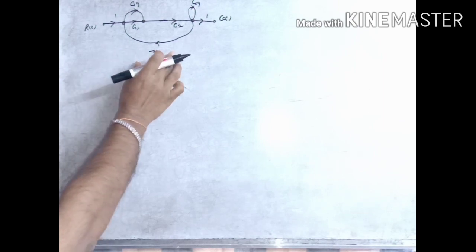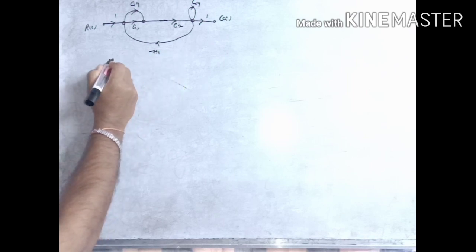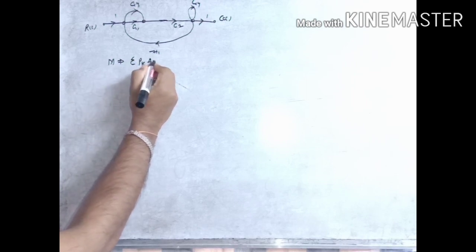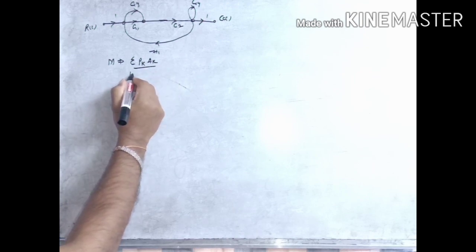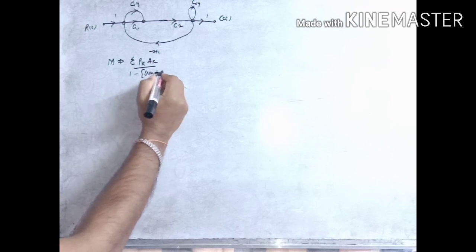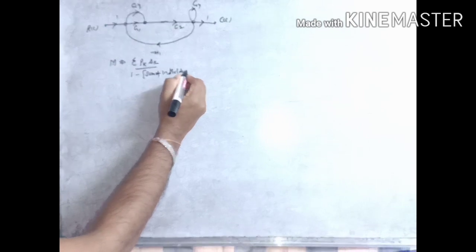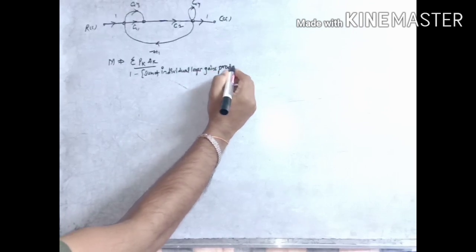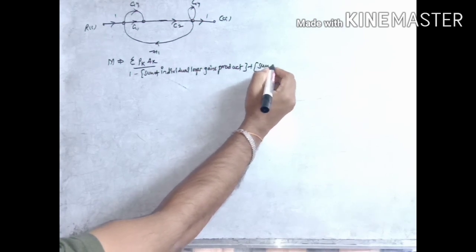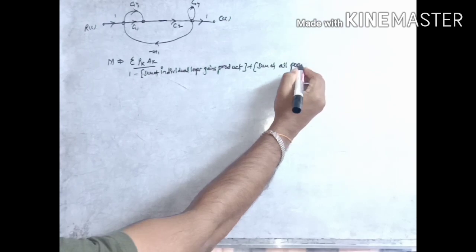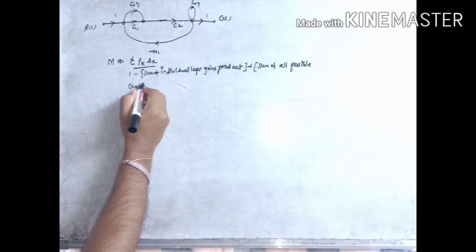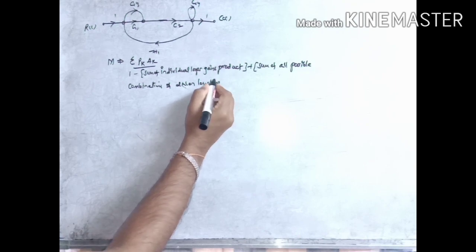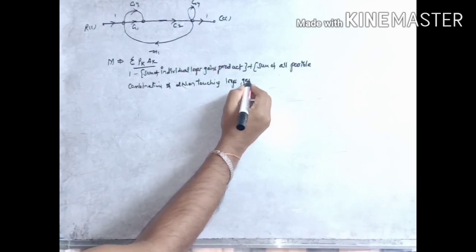For calculating the overall gain of a signal flow graph, we have to use the gain formula, M equals summation of Pk delta k by delta, where delta is 1 minus the sum of individual loop gains products, plus the sum of all possible combinations of two non-touching loops gains product,